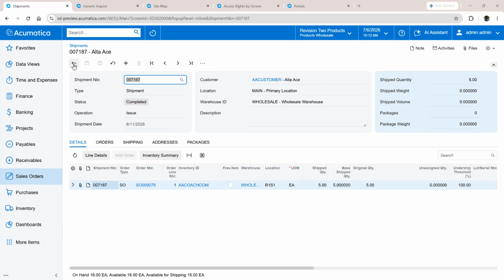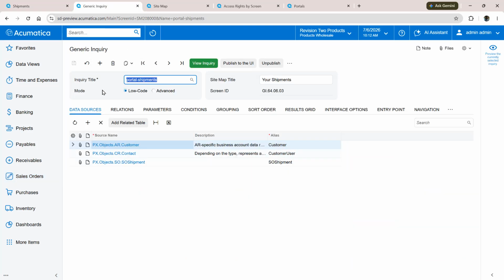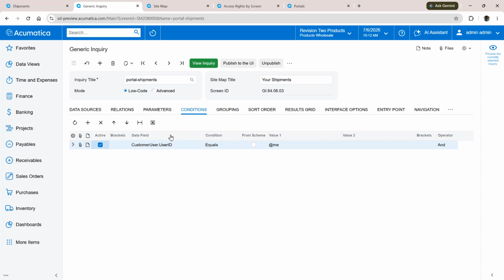The first is the standard front end for the shipment screen, and the second is a specific shipment information inquiry created for the portal. Within my custom inquiry, notice I've added the contact screen as a data source. This allows me to add a condition so the logged in user can see only information associated with their business